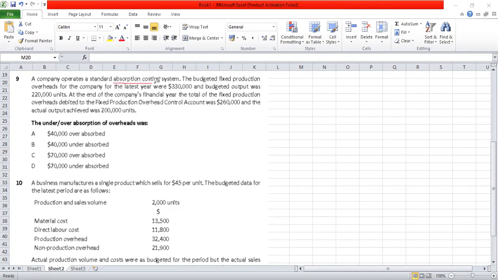So the absorption costing system: the fixed production overhead for the company for the latest year was 330,000 and the budgeted output was 220,000. The total overhead cost was 260,000 and the actual output achieved was only 200,000 units. Let's first calculate what is the overhead absorption rate. The total overhead costs are